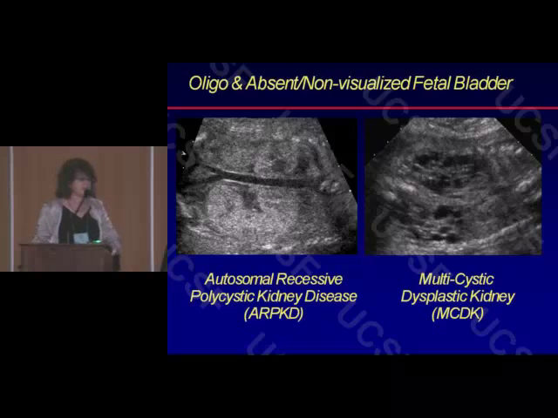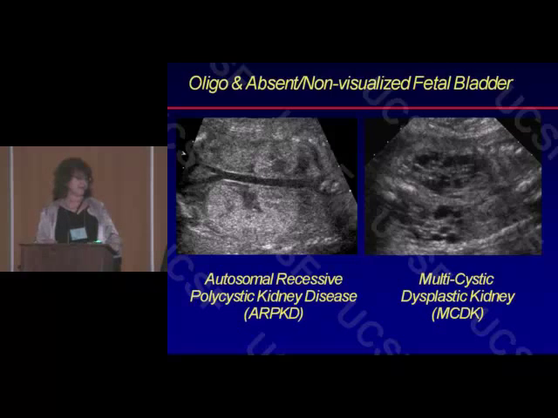Okay, back to oligohydramnios, absent or non-visualized bladder. We've looked at the bladder. We're now looking in the renal fossa. Two different conditions here can give rise to this scenario. On your left are bilateral large echogenic kidneys without resolvable cysts, an example of autosomal recessive polycystic kidney disease, the